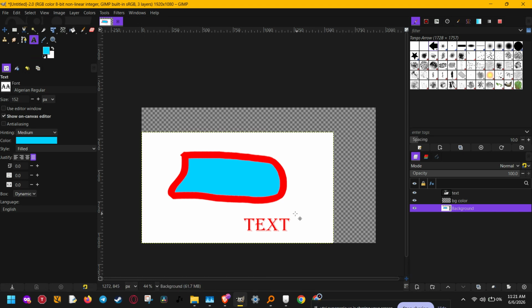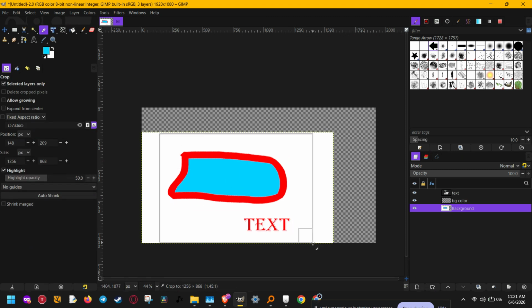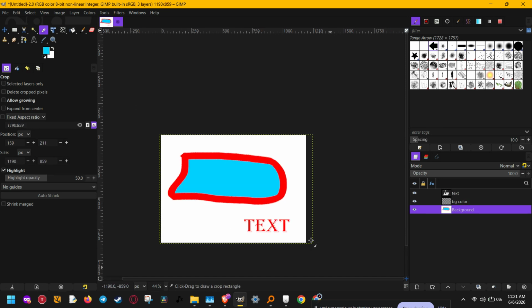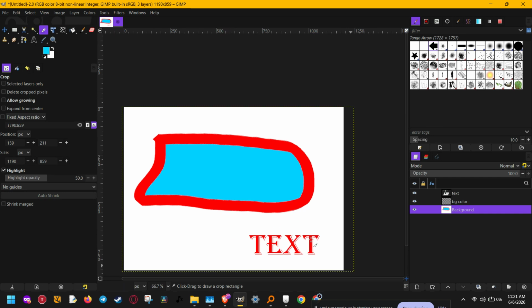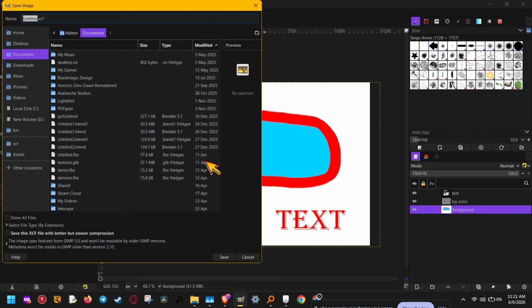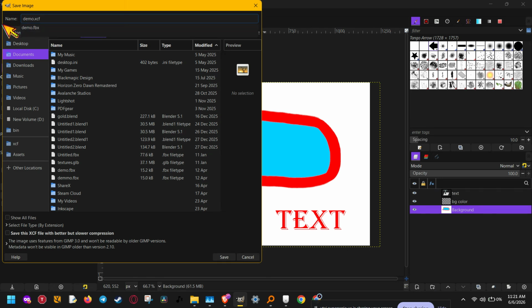Finally, let's cover the golden rule of saving versus exporting. This is where a lot of beginners get confused, so pay close attention. If you are still working on your project and want to come back and edit it later, use Save As. The shortcut is Shift, Ctrl, and S. Save your file in GIMP's native XCF format. This format preserves your layers, text, and transparency, which means you can reopen it later and keep editing. However, it does not save your undo history, so once you close the file, your step-by-step undo steps will be